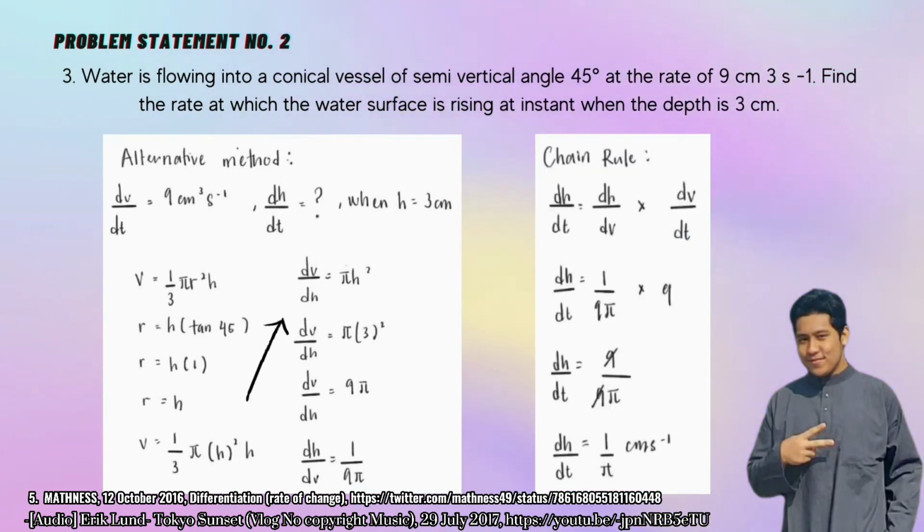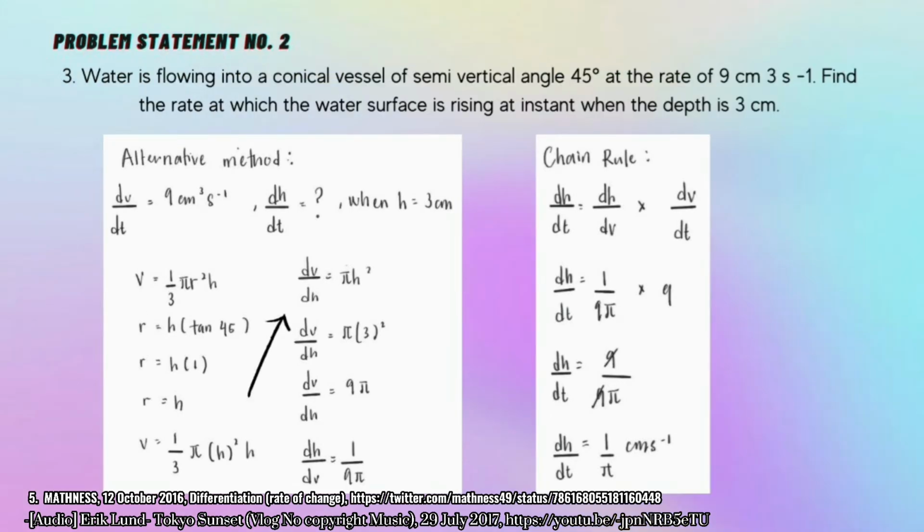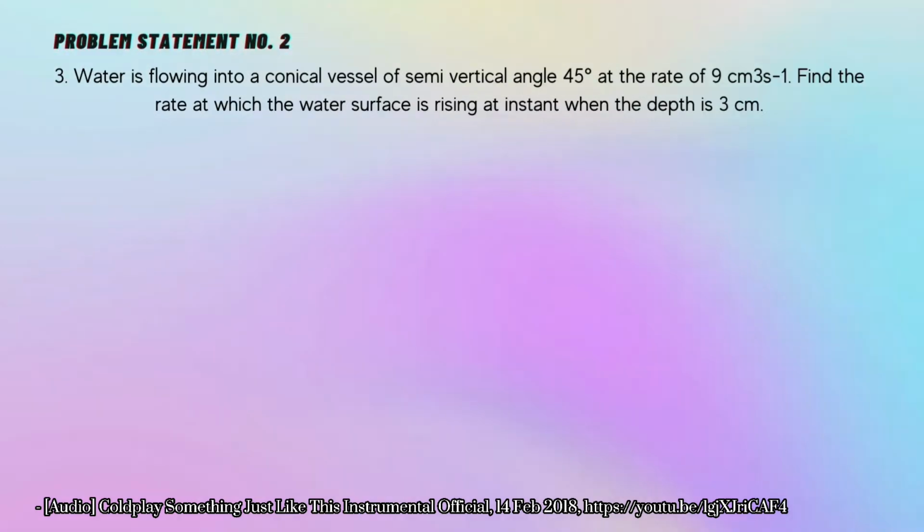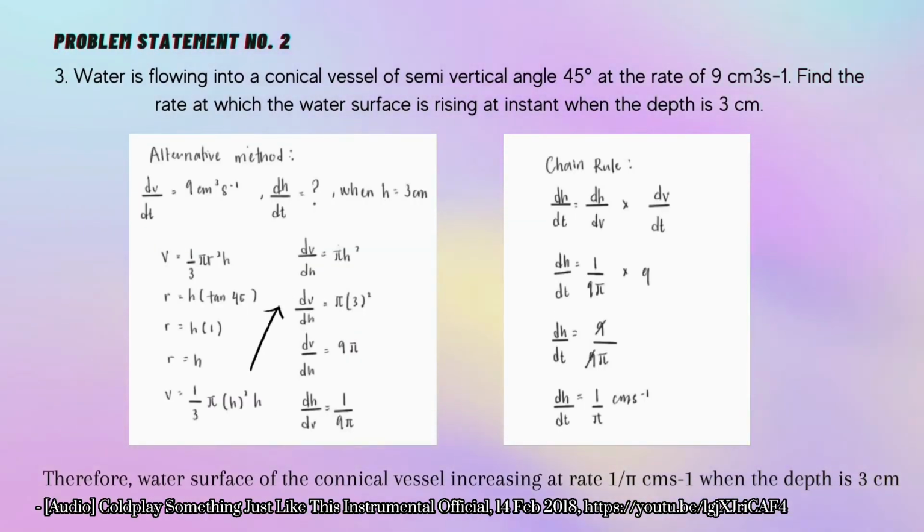And after that, you use the chain rule method. You write the equation of what we want to find: dh over dt is equal to dh over dV multiplied by dV over dt. So you just replace the values from the previous working. You will get 9 over 9 pi, and then you simplify it, and you will get 1 over pi centimeter per second. Therefore, the water surface of the conical vessel is increasing at a rate of 1 over pi centimeter per second when the